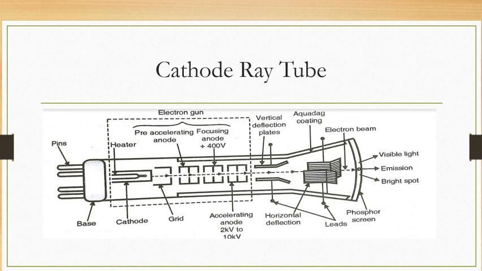The focusing anode is applied an adjustable voltage, and by changing this voltage, focusing of the electron beam is achieved. By changing the position of the potentiometer, we can change the voltage applied to the focusing anode. One basic thing to keep in mind as an electronics engineer is that whenever we have to change a voltage, we use a potentiometer so that we can adjust it. The same concept is used here: the potentiometer changes the voltage of the focusing anode so that we can adjust the focus of the electron beam.